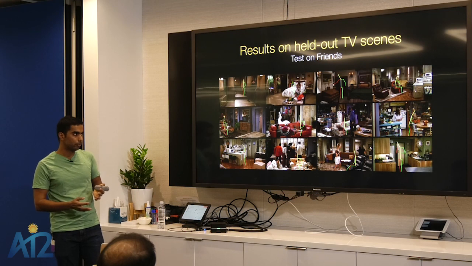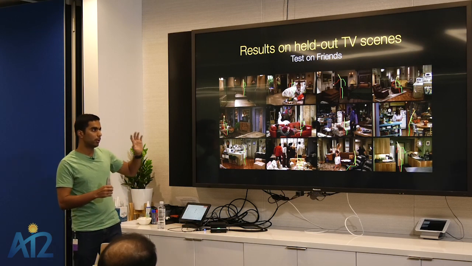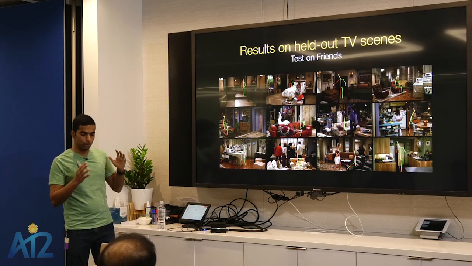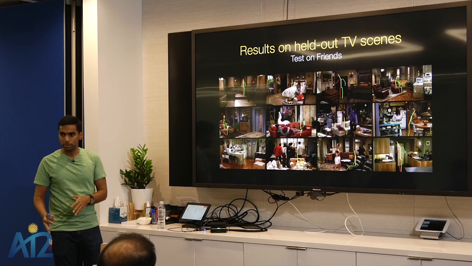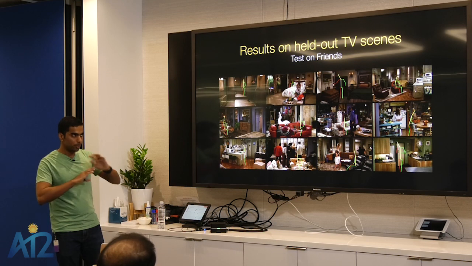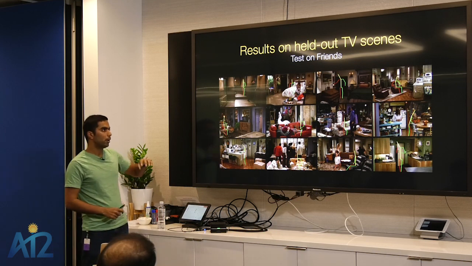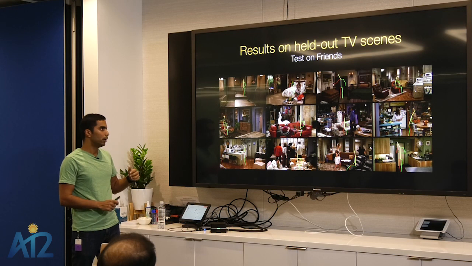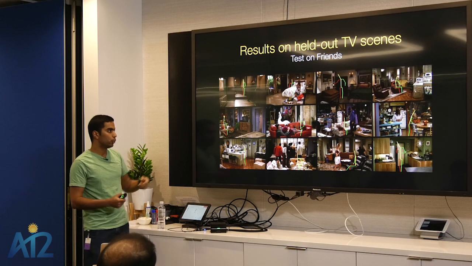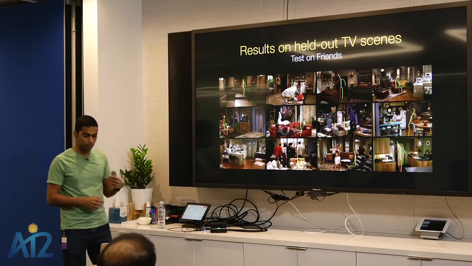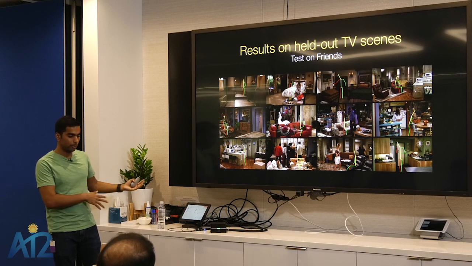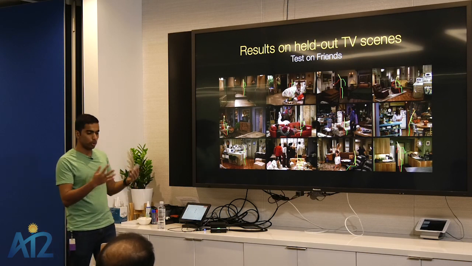And here are some examples of the results of this model. So this is evaluated on a held out TV series. We have 7 TV series, and we use 6 for training and the last TV series for testing. So these are scenes that the model has never seen before. These are completely new scenes for the model. But as you can see, it generalizes fairly well. So it learns that people can sit on beds, reach out to switchboards, and sit on sofas, and so on. And note that no semantic information is being used here. We're not doing any object detection or anything. Completely from pixels, it's directly able to predict what possible actions people can do.